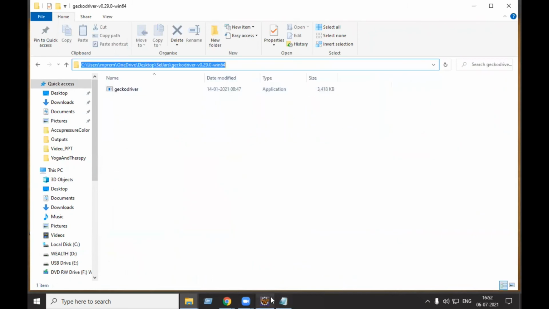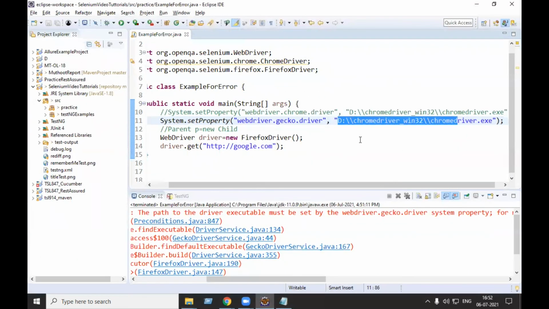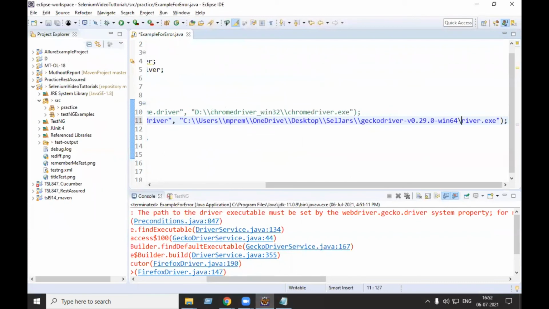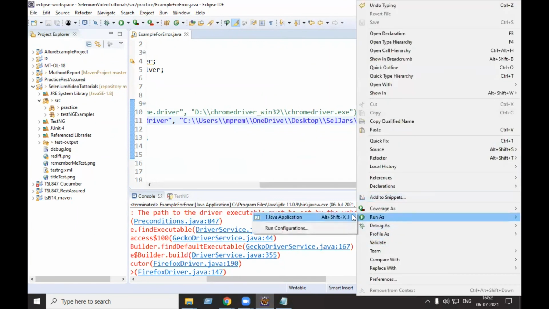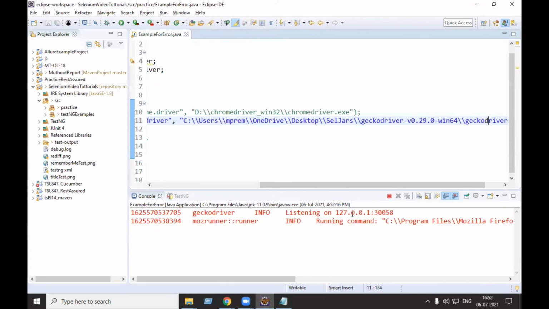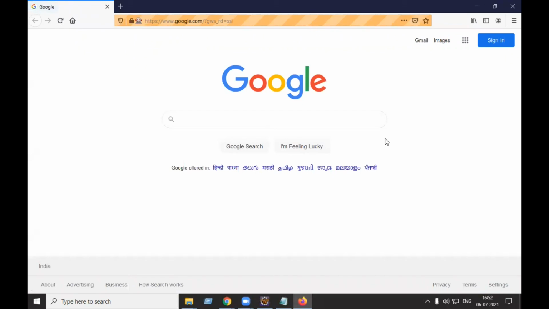This is the path. I'll run. It's starting the Firefox browser using the Gecko driver engine. Yeah, it started the Firefox browser. It will open google.com. See, it has opened google.com.